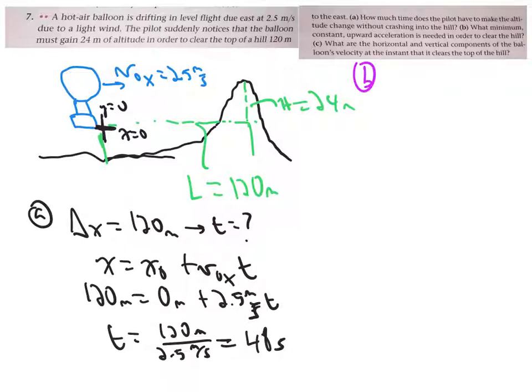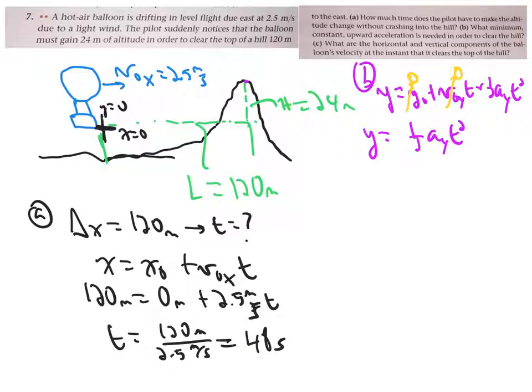So for part B, now we have that it has to rise to a height where the vertical coordinate will obey y equals y0 plus v0y t plus 1/2 ay t squared, and we have some conveniences. We'll say we start off at 0 height. It's not height above the ground, but height above our initial point, so that's fine. And it had no vertical velocity to begin with. So I really end up with y is just 1/2 ay t squared. And now we know that we have to go up 24 meters